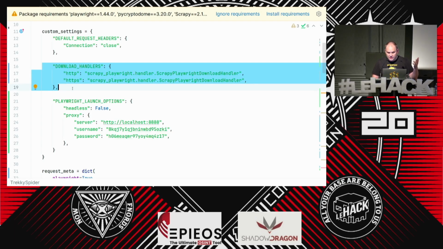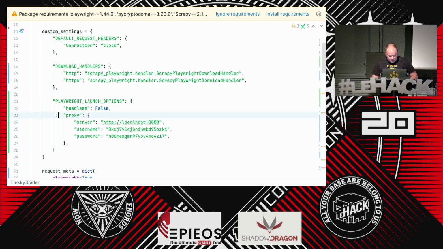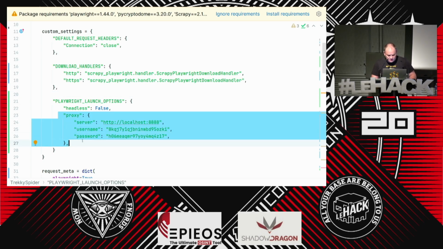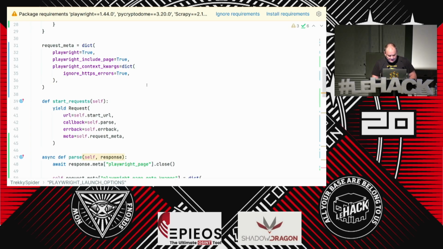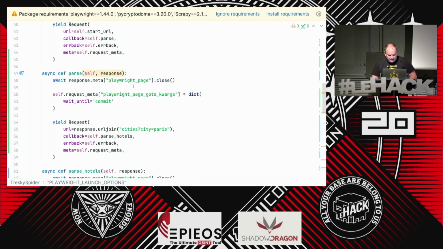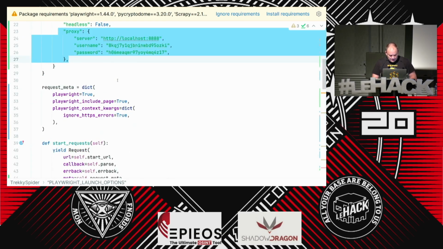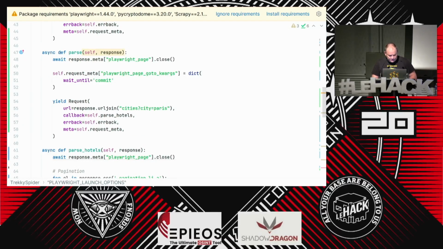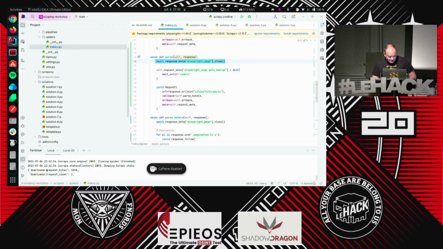Instead of doing a classic Python request, it will send information to Playwright, and Playwright will do the job. But clearly we need to add some proxy information for that, so I added the Playwright information here. Also, if you copy-paste the solutions, there are minor adaptations to do, especially here, where we have to close the page and so on. So I will just show you. If I'm running that now,